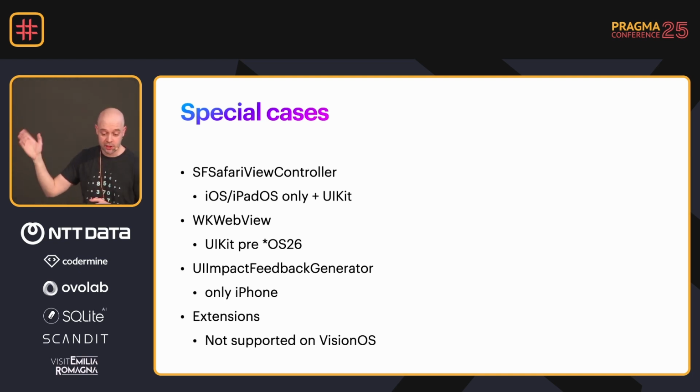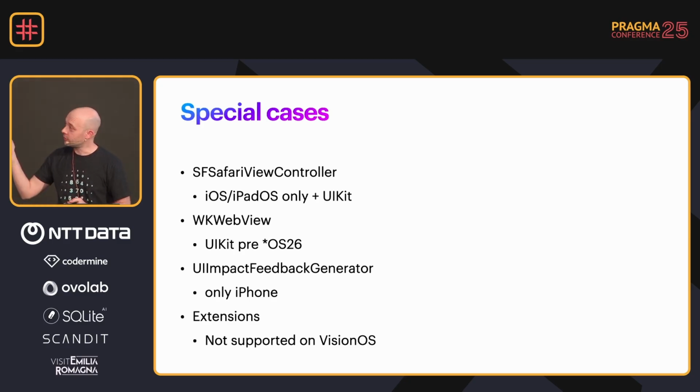UIImpactFeedbackGenerator is only available on the iPhone because the hardware is only available on the iPhone. And extensions are not supported on visionOS. visionOS is still pretty new, so there are some frameworks and APIs that are not supported, and extensions are one of them. I have an extension in my app that allows you to summarize YouTube videos, but I had to disable it